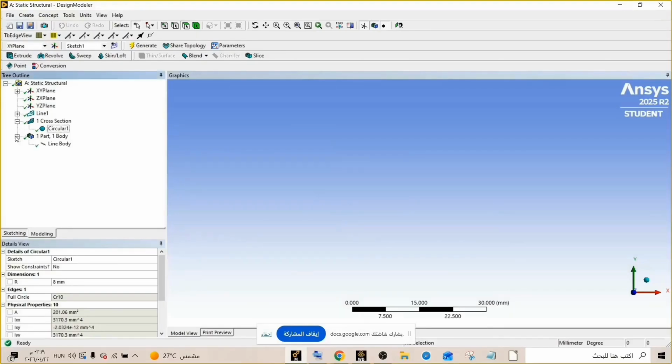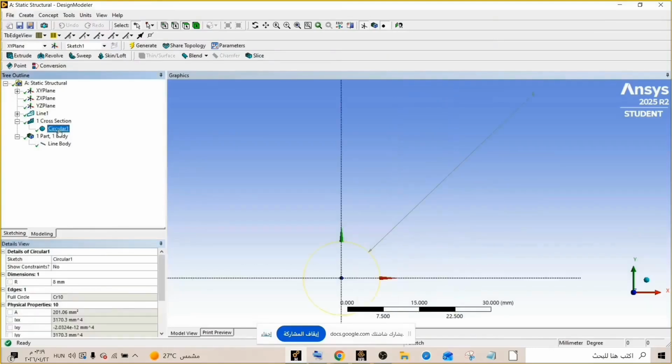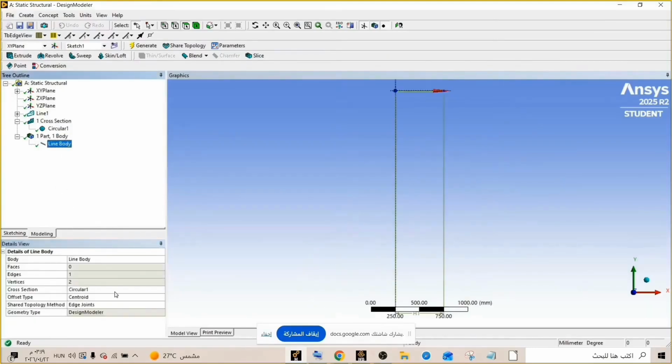Now you can click on this plus part, one part, one body, and select this line body, and choose the cross section here, circular one, the one that we have made here.